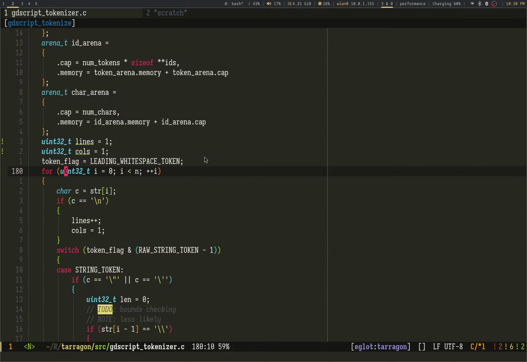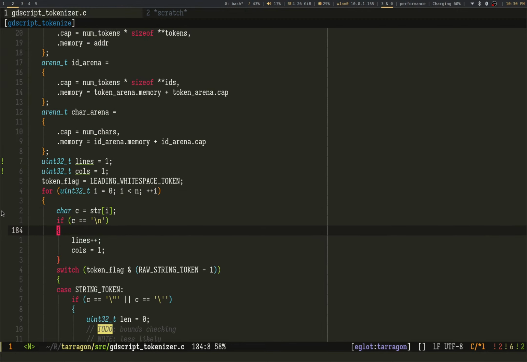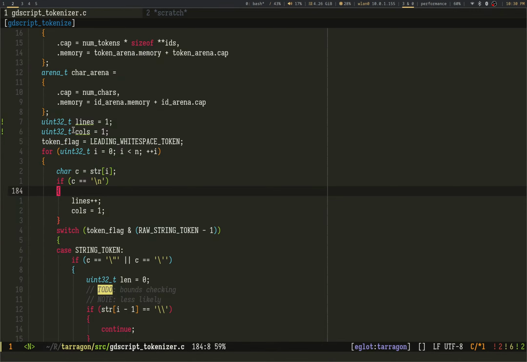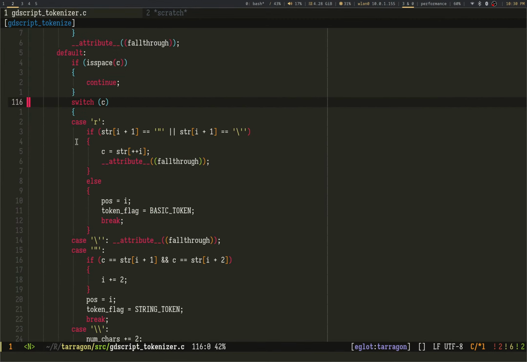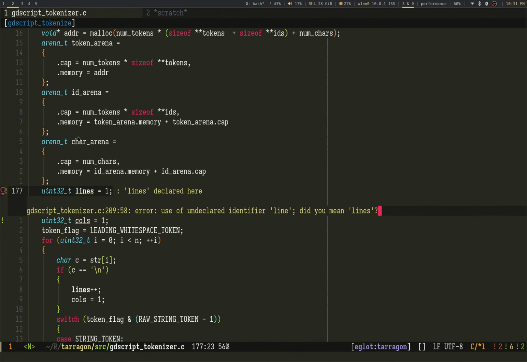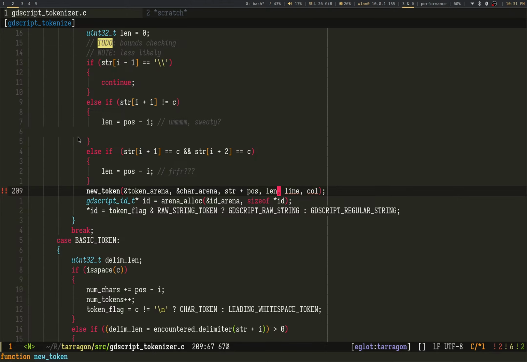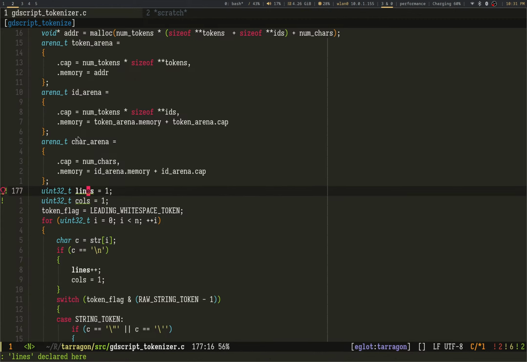Let's see. Going on here to bump calls ++. Just back to the top. Yep. Lines declared here, calls declared here. Do I declare them elsewhere? Oh, take me back.